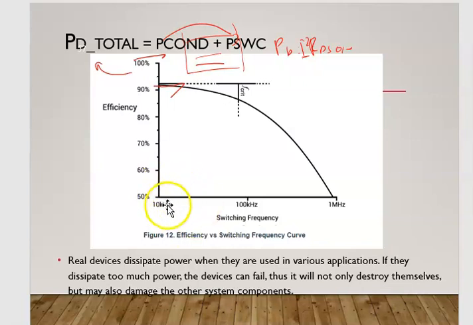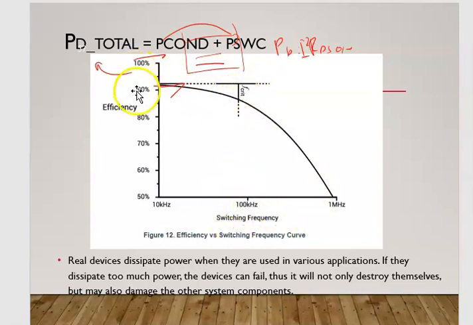It is due to audible noise, the frequency that can be caught by our ears and audio system. We can hear the buzzing and humming of switching below 20 kilohertz. Above 20 kilohertz, it does not pollute or interrupt our audio. So that's why switching is usually set at 20 kilohertz and above,